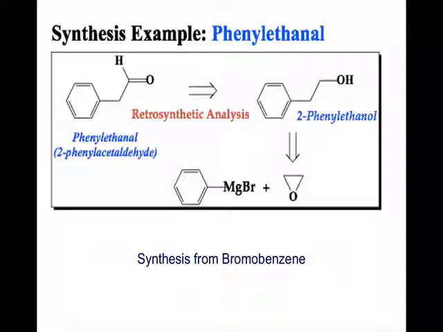If you look at examples like this, so this is a synthesis example. How would we make phenylethanol, which is this product right here, from a Grignard reagent? Or rather, from bromobenzene. Well, if we look at it, we know that the bromobenzene has to give us the benzene part, right? And we've got a new carbon-carbon bond. The easiest way to do that, of course, is to take bromobenzene and convert it into a Grignard reagent. But in looking at this, we notice that we have 2 additional carbons that we need. One of the easiest ways to get those 2 carbons is to react the